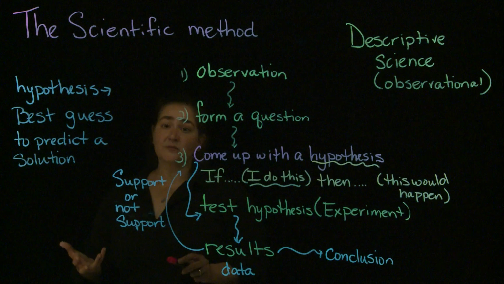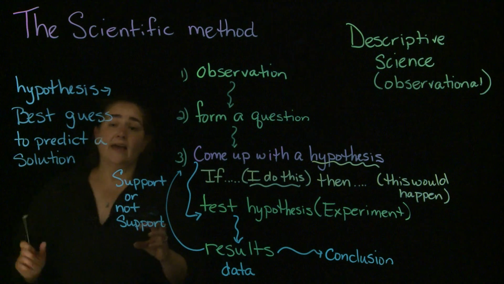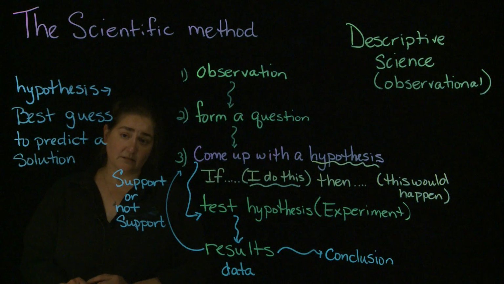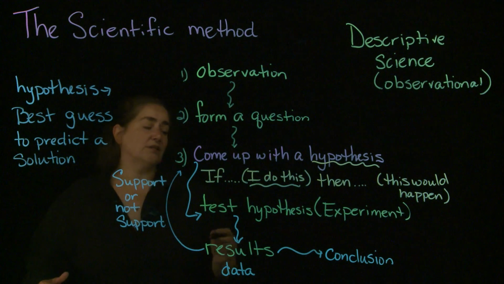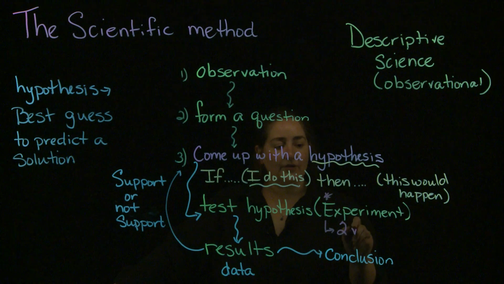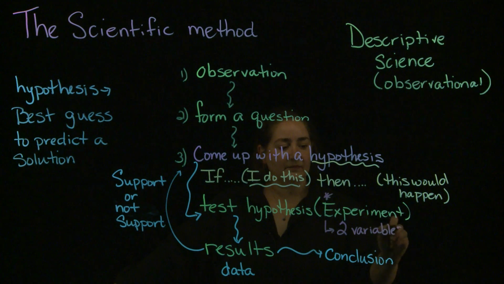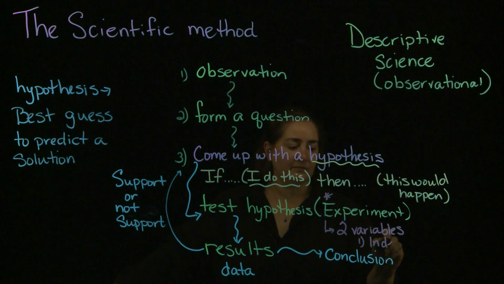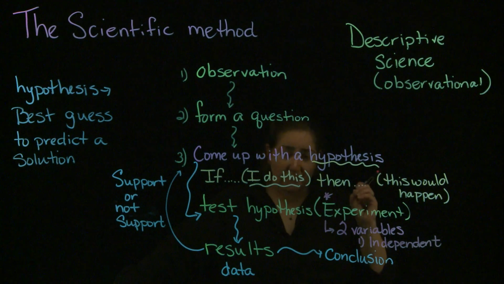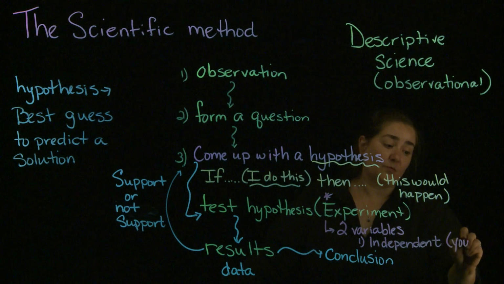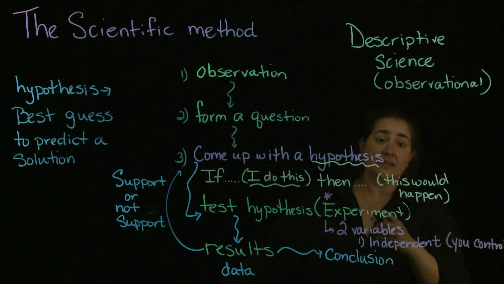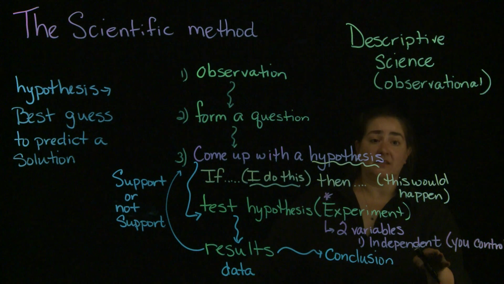All right. But in terms of that, when we're talking about science and testing our hypothesis or running the experiment, the other thing I want you to know with the experiment is you are going to have two variables. You're going to have the independent variable, and this is going to be the variable that you control. So going back to me watering my basil plant, adding the water would be the independent variable,